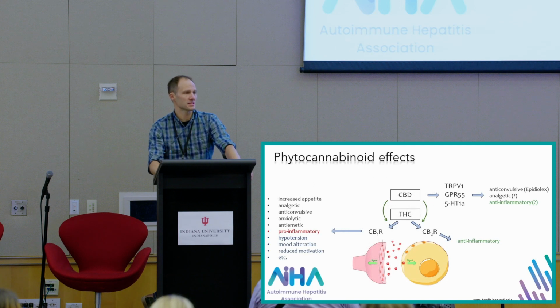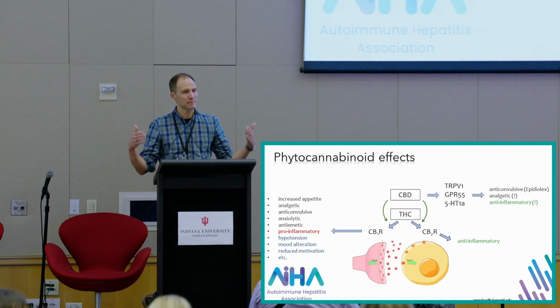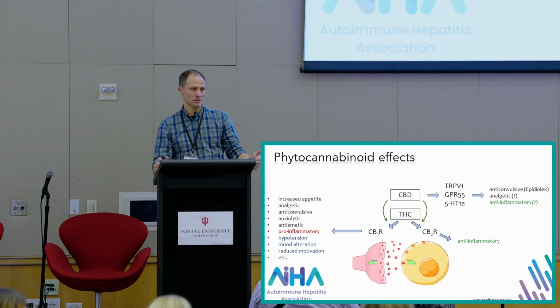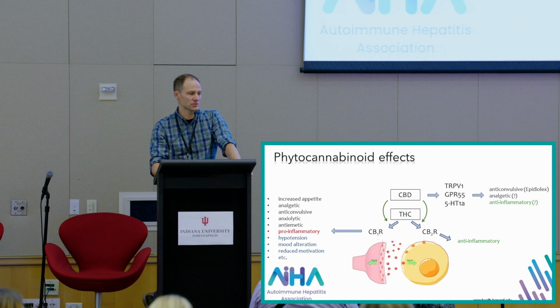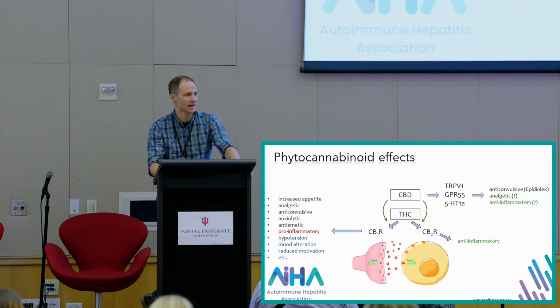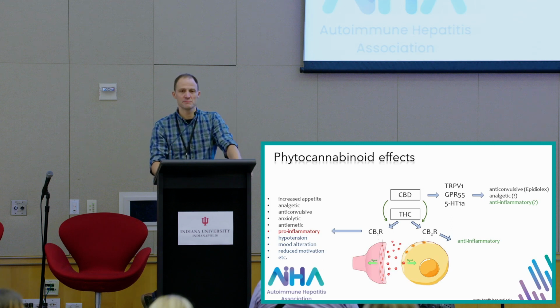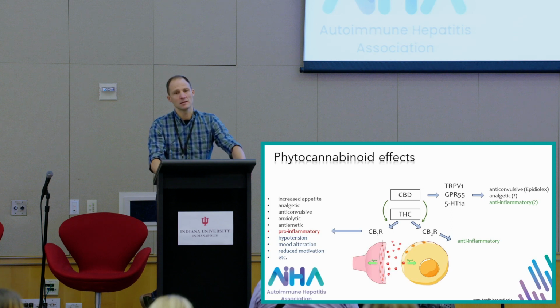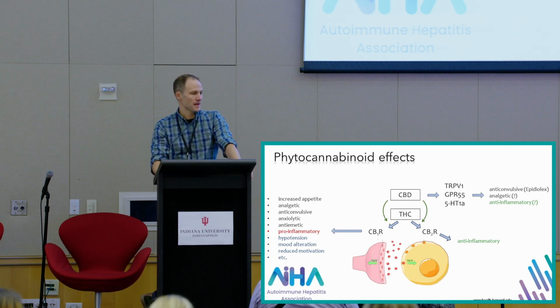So let's start with THC, because we know a lot more about THC than CBD. THC, when it gets into our system, will use the same receptors that endocannabinoids deploy. So THC will bind to CB1 receptors. If a cell has CB1 receptors, it will be sensitive to THC. And since CB1 receptors are mainly found in our brain, THC will exert its effect mainly in the brain. It is a psychoactive cannabinoid. And when CB1 receptors are activated by THC,